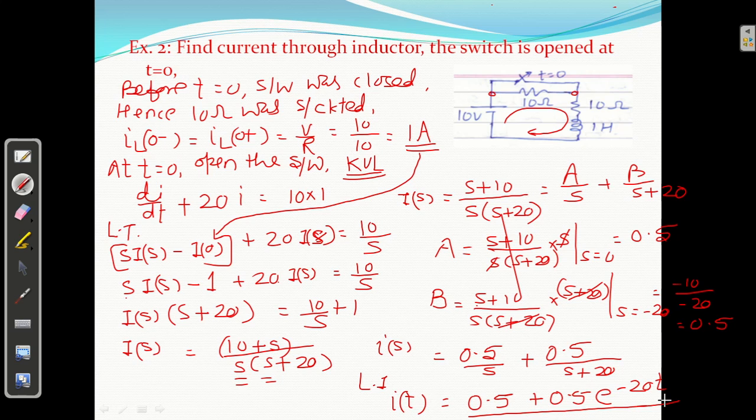That is the solution. So please observe, these problems are really very simple. Just transform, put the initial condition, and find the solution for current or voltage. Use the partial fraction method if it is required, and take the Laplace inverse. This is the technique we will use to solve the problem. So I am taking only two numericals based on that. Again, later on we will solve a few more numericals based on that.